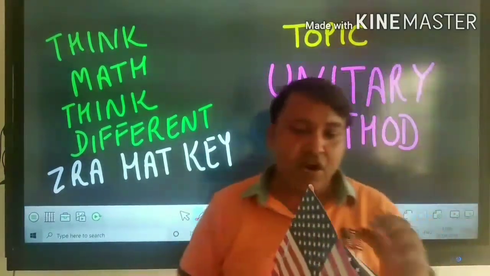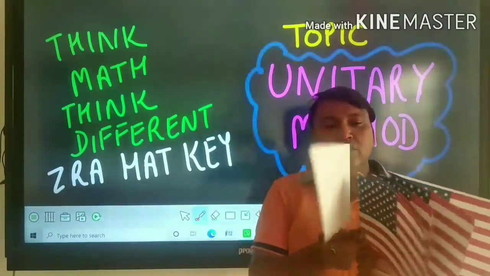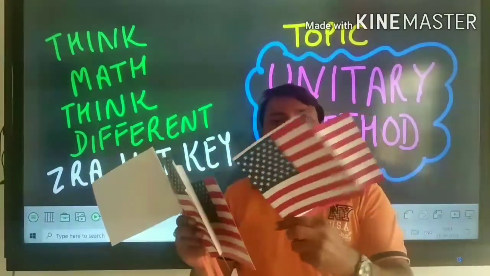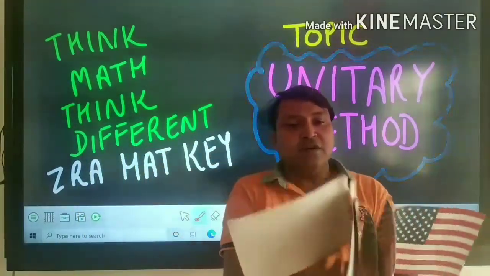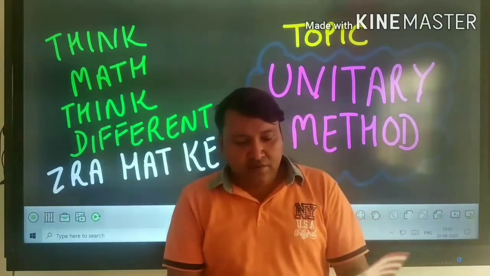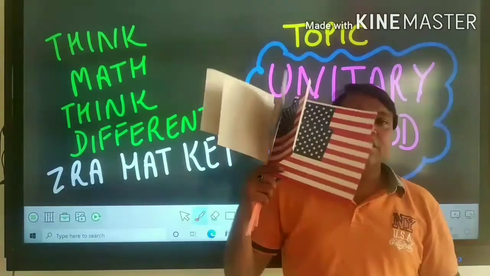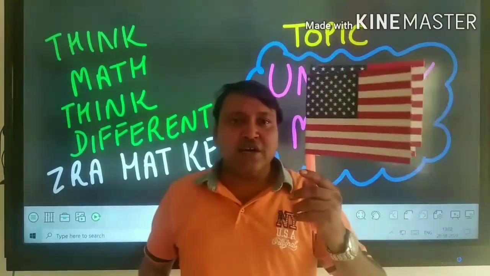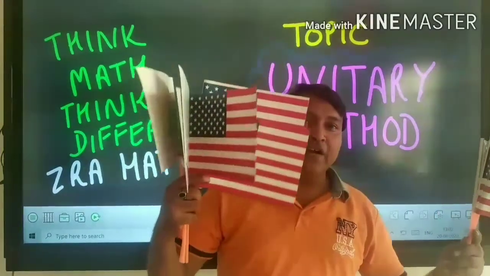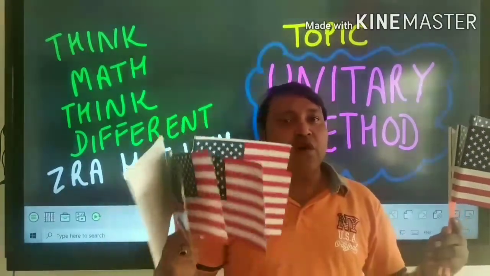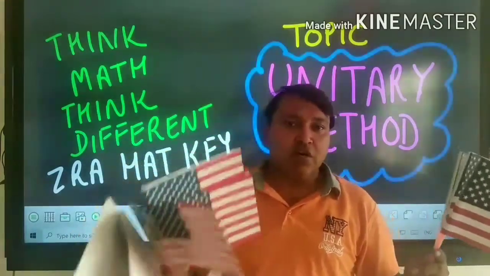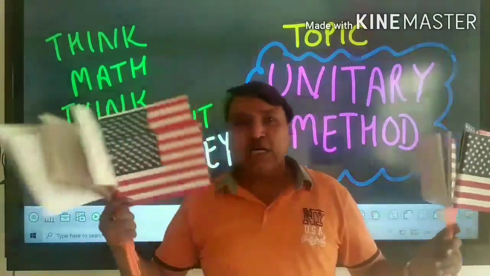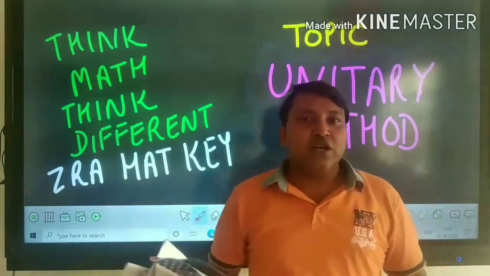Okay, so you see how many are these? 1, 2, 3, 4, 5, 6 and 7. So the 7 flags are there and I have to find the cost of these. So in my left hand this was the given part and in my right hand this is the part whose value I have to find. Okay student, now how will I reach from this question part to that answer part? Now this approach is called the unitary method.